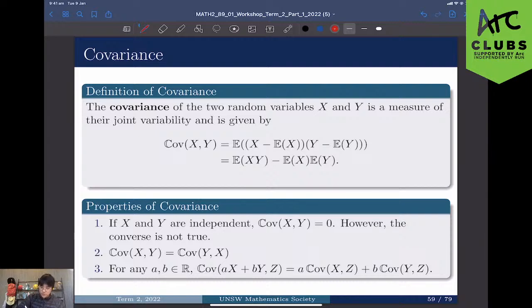So for example, if we have x, which looks like the normal distribution, symmetric like this, and we have y equals x squared. Obviously these two are dependent because y is x to the power of 2. However, if we calculate the expectation of x and y,